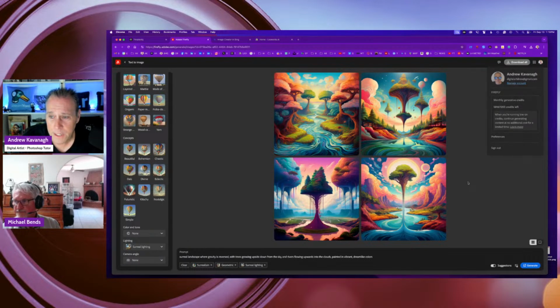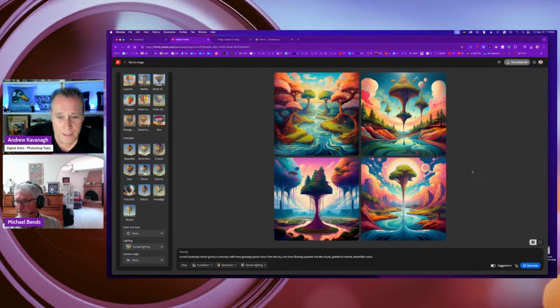Then I break down my images by the app. I have a whole folder for Adobe Firefly, a folder for Image Creator in Bing from Microsoft, and a whole folder for Leonardo. Those will be the original images, but I also have a main AI art, digital art folder on an external drive. That will be the images that I tweak in Photoshop.